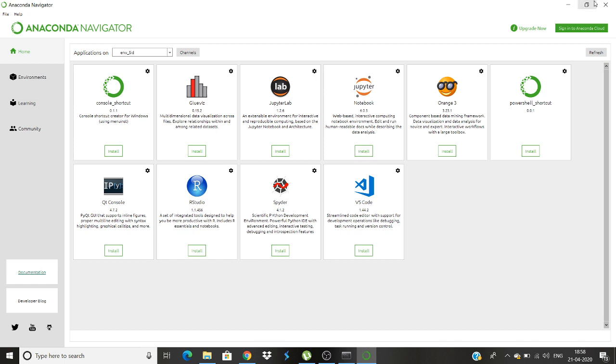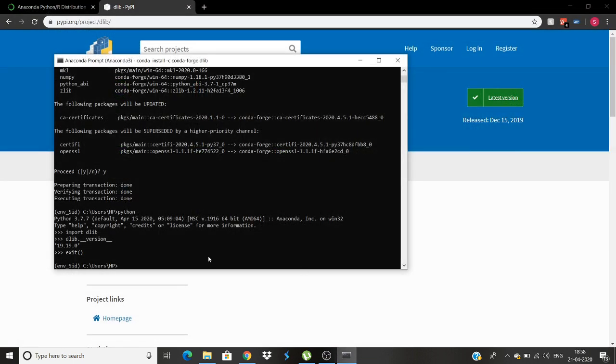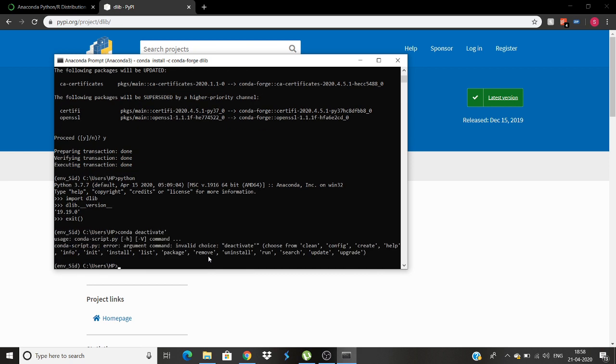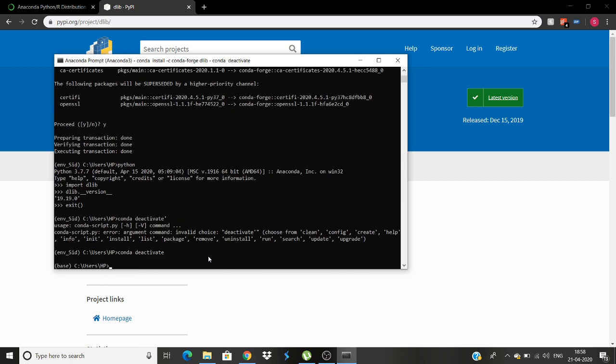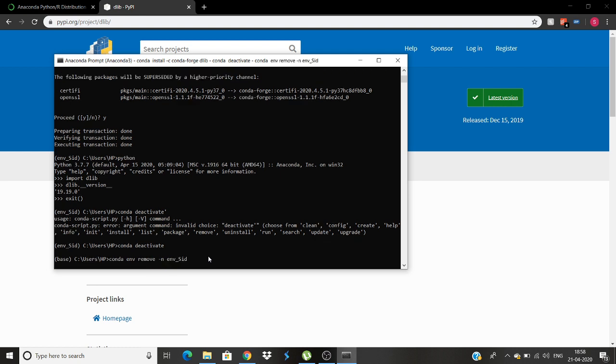Now, if you want to delete any environment, what you can do is run conda deactivate. And now we have to use the command conda env remove -n, and the name of the environment, which is env_sid.